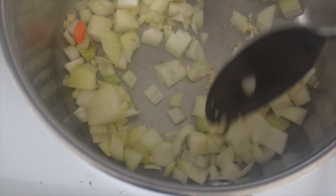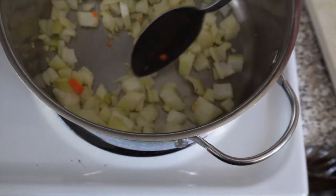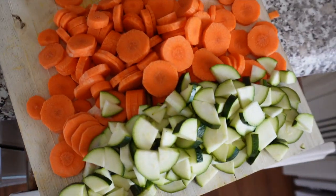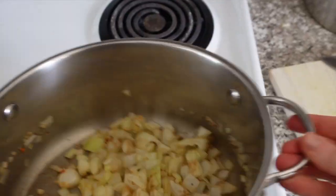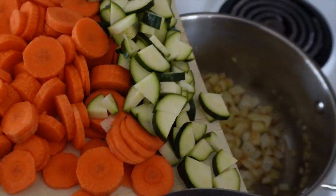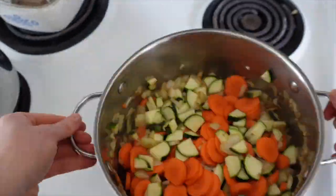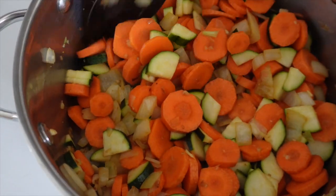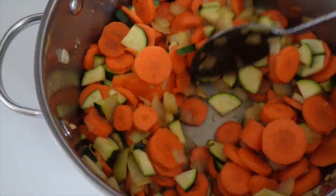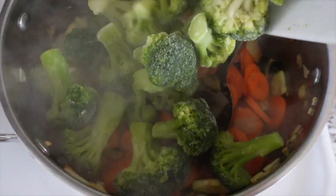We're just gonna saute the onion and garlic, and then we'll do that for about a minute or so. And then we'll add in the rest of the veggies. So we're just gonna saute the carrots and the zucchini for a few minutes. Okay, next we're gonna add in the frozen broccoli,